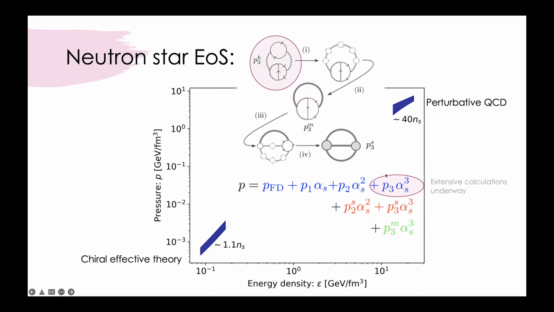And eventually, what is missing here is a 4-loop calculation within QCD that hopefully we will be able to do at some point. But that's a large calculation, and no concrete promises on the time scale on that. But anyways, that's the status of the perturbative QCD calculations. We hope that we can push these calculations to lower densities at some point, but now they are quantitatively accurate around 40 times the saturation density.